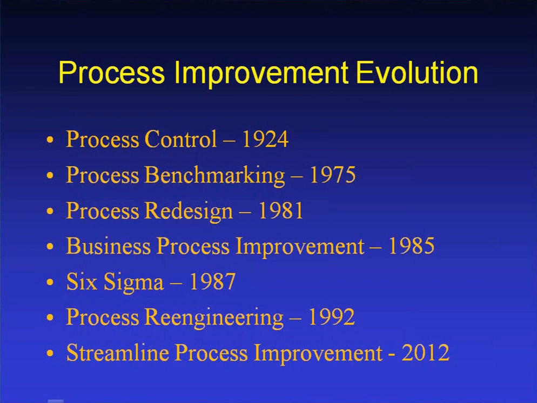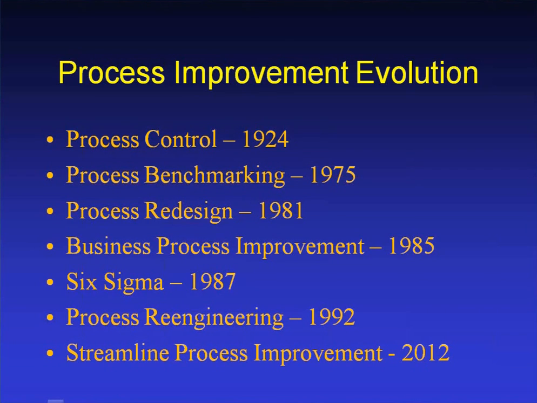So it started with Shewhart, back in 1924, with Shewhart's control charts. The next major breakthrough came along around 1975 when benchmarking became very popular. We saw an influence of the Japanese coming into the United States, benchmarking exactly what we're doing. Companies like IBM set up benchmarking activities. At the time they called it process compatibility, where they compared their processes throughout the world to be sure that they were getting best practices.